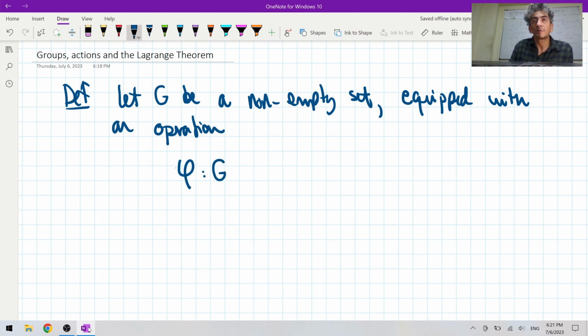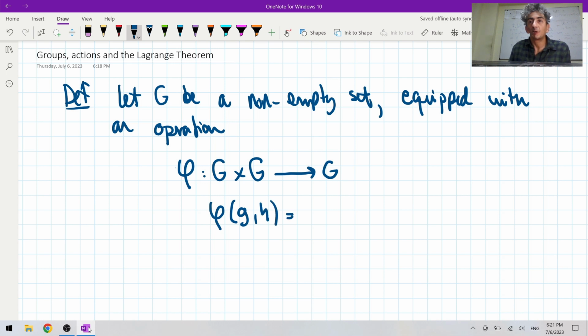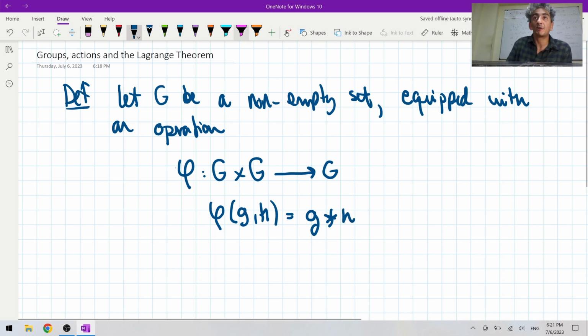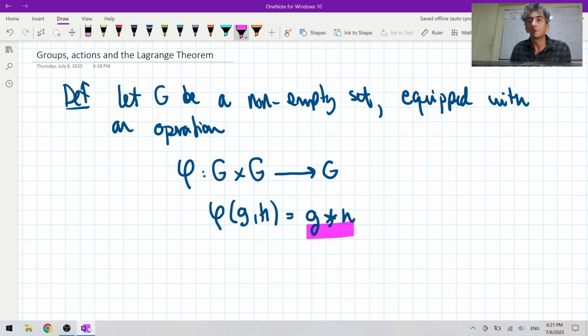It takes two elements of G and returns another element of G, usually phi of g and h. We're going to use infix notation, g star h. This is the notation that we're going to use to describe the image of phi applied to g and h,